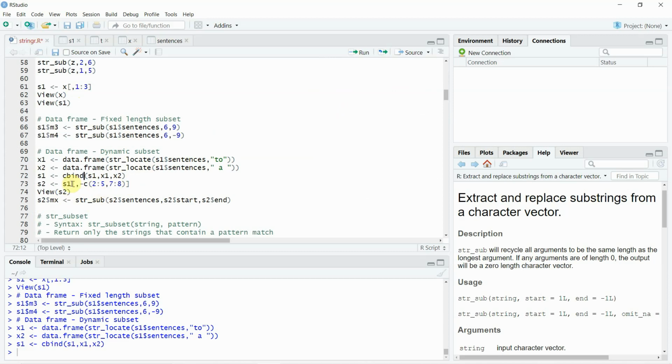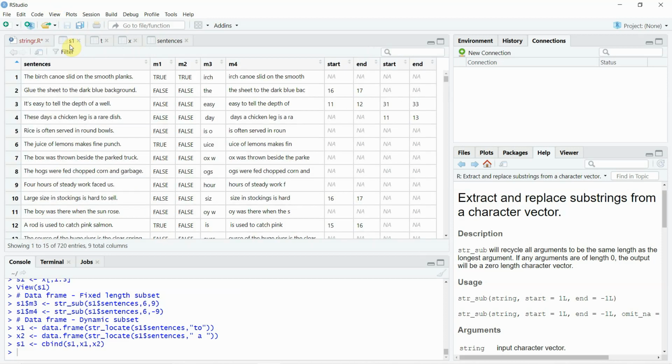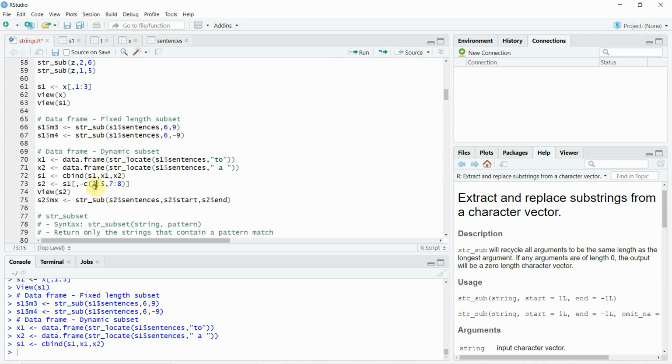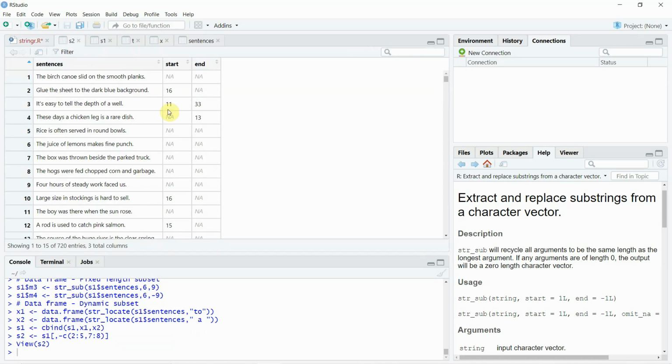So let's quickly do that. What are we trying to do in row number 73? We are going to remove unnecessary columns so that it is fairly simple, right? So we are going to use a negative sign, and we are going to remove columns 2 to 5 and 7 and 8, right? Just to quickly show you, columns 2 to 5, and 7 and 8. So this is column 8, this is column 7. You don't need these. The only columns that you need are column 6 and column 9, right? So let's do that, and we have just pushed it into a new variable called s2. Let's view s2. So you can see that in row number 3 now you have 11 and 33, right?